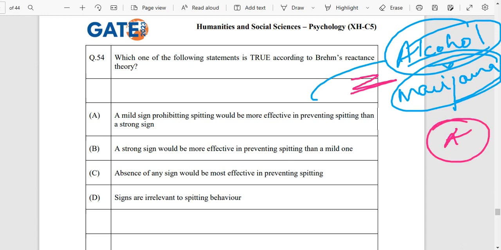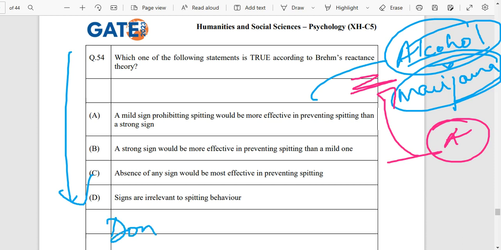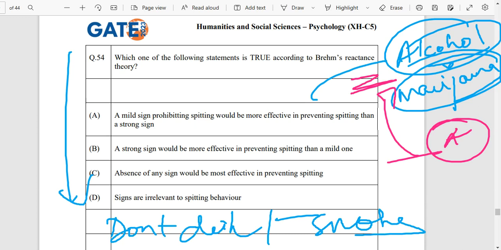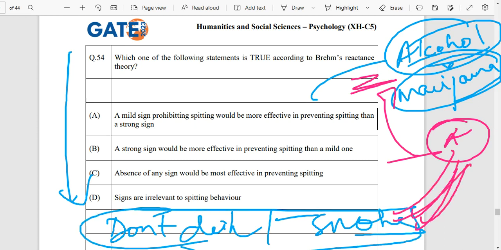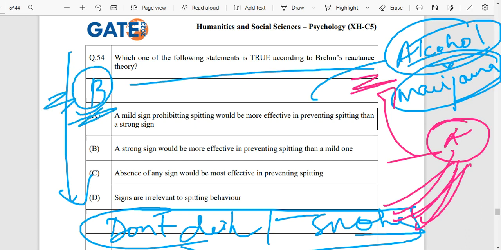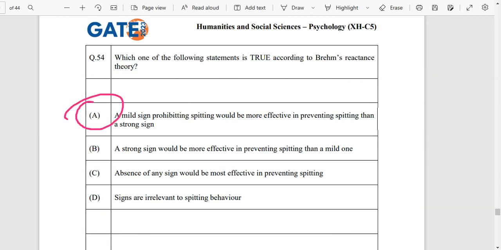Okay, let's suppose person A, you want person A to stop consuming this, and then you come and say don't drink or don't smoke. Obviously that person A is going to keep on repeating the same behavior. Instead you say do occasionally. You should give a mild sign over there, do occasionally or do once in a fortnight or something like that. So option number A should be the right answer,